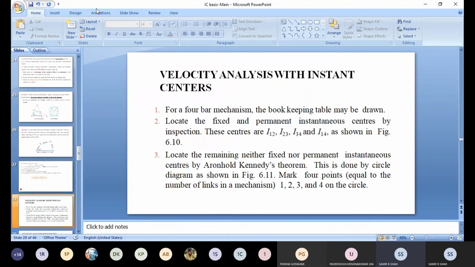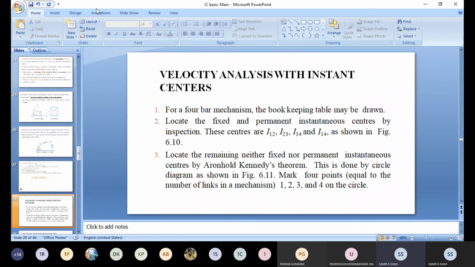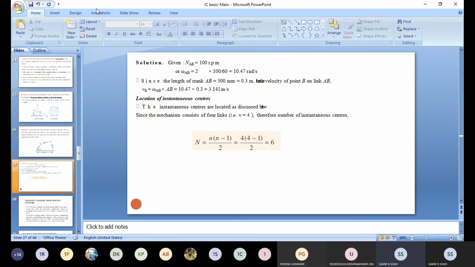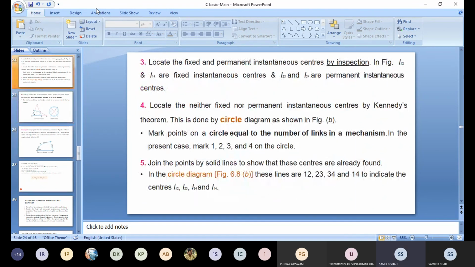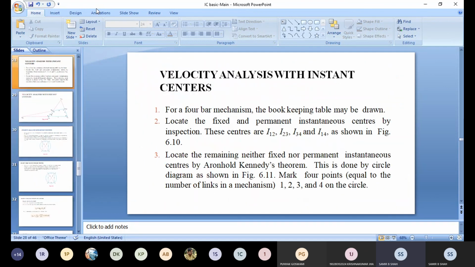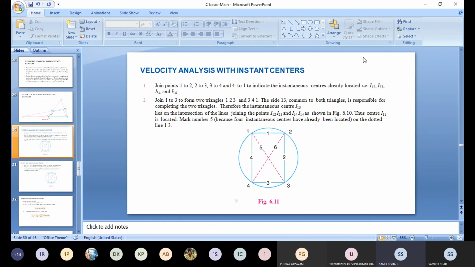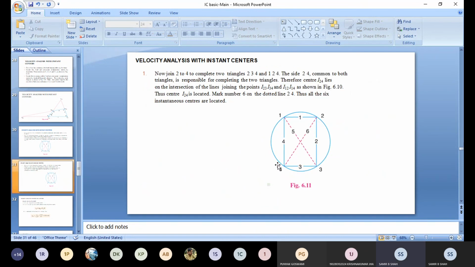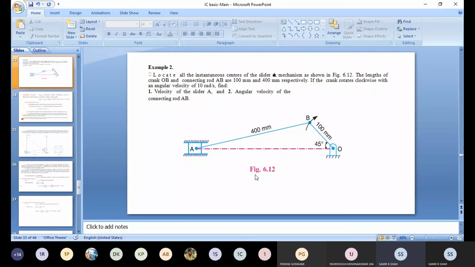You can see here that we implement the four-bar chain mechanism, an example where we are getting 6 IC centers. As we take the example, with the same example we proceed. So we are getting 6 links as per Kennedy theorem, and we implement it here with the same method. After that, we use the same circle also. After that, we solve the equation. Now, how we are getting these, that we discuss later.